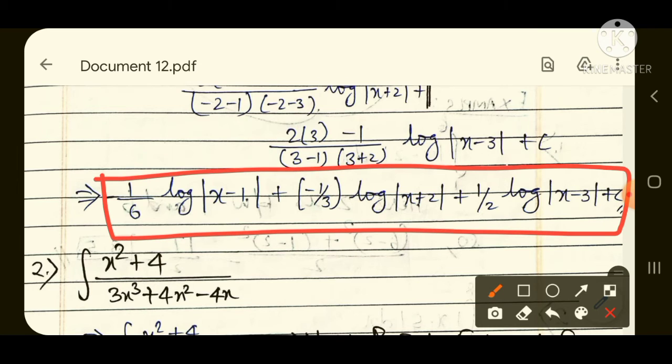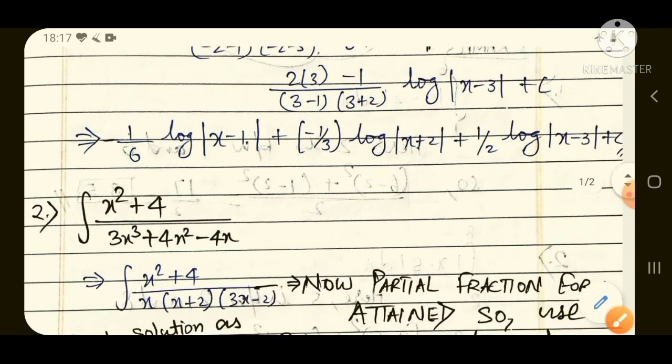This question is so simple that you can solve it. For explanation it is taking time, but when you go on solving on your own, when you become a master in the trick, you would be able to solve in just 10 seconds. So for better understanding, I would take one more example.